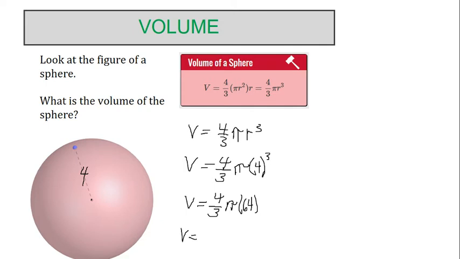Let's go ahead and leave it exact. Let's leave it in terms of pi. So if I take 64 and multiply it by 4, so all I'm doing is multiplying these two together, then divide it by 3, we get the number 85.33 or 85 and a third, so it doesn't quite simplify all the way. So it'd be about 85 and a third